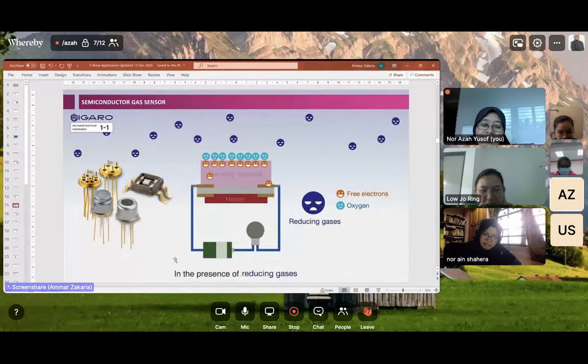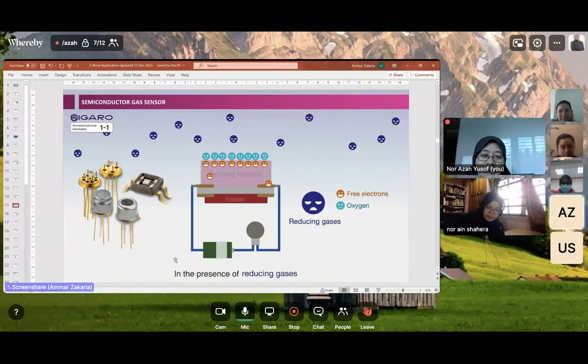The point you were mentioning just now: you said that if you purge in nitrogen or oxygen gas, and it is saturated, what will happen after the saturation? Okay, let's say we bring this Enos to the site. Let's say they have a lot of reducing gases, reducing gases such as NH3, gases that draw the electron from